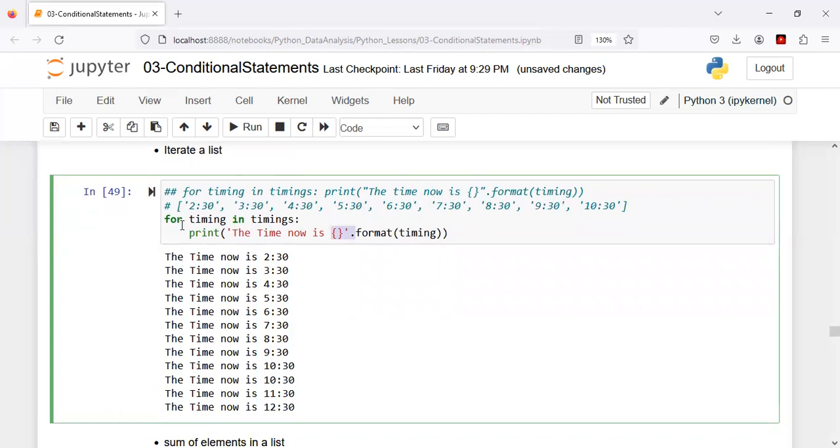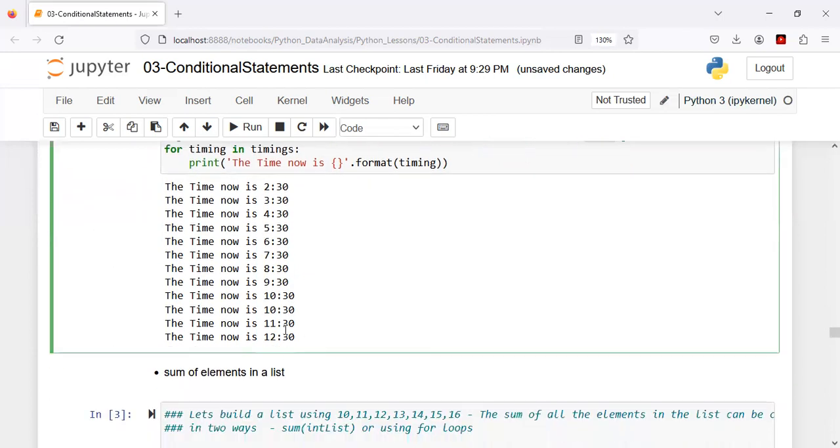Next time it comes over. So there is nothing below this for loop. So it again comes back to the second. So it kind of iterates over this list. The first time it comes is at this particular value. Second time it is here. Third time it is here. Fourth time, fifth time, sixth time, seventh time, eighth time, ninth time, it moves along. And whatever the values that are there after that, which is 10:30 twice, 11:30 and 12:30, that is what is